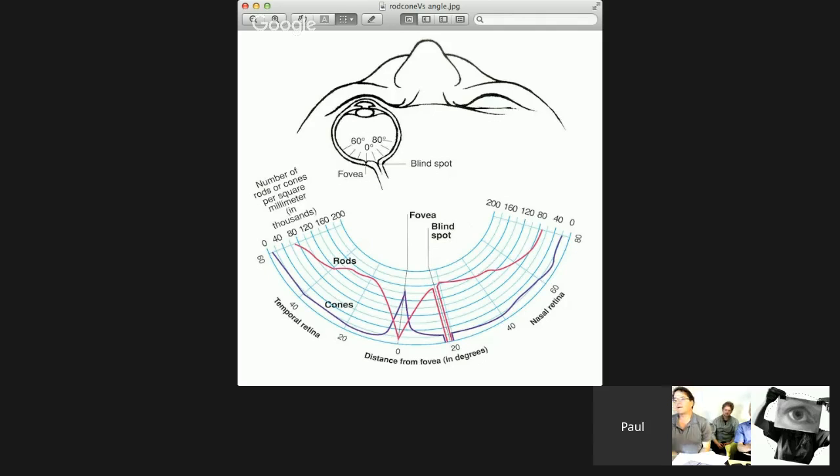And this one is done a little bit better. On this one you can see that the number of cones drops off quickly, around 10 degrees, or a few degrees, but that it does not go to zero. There are some cones out there on the periphery. And when they get triggered, when they fire, when they generate an action potential, that's when you can see color. And the number is small out there, so you're not very sensitive to color. That's the kind of thing you're finding out in this peripheral vision activity.